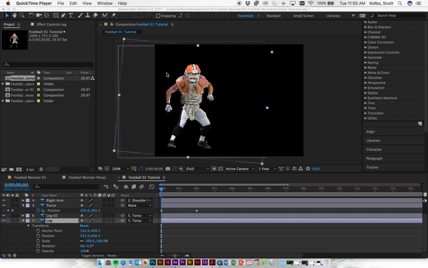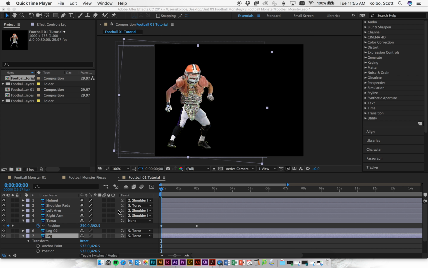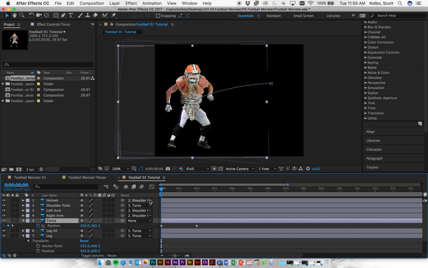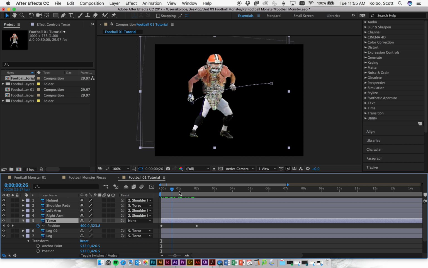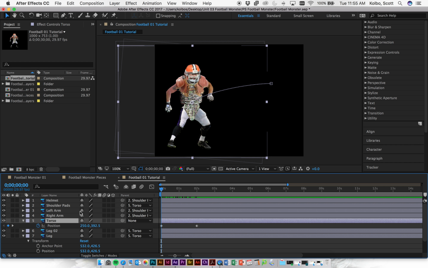Like I already showed you, we've parented together, so remember the parenting thing from previous tutorials, where we've parented together all of these components. Everything is built around the torso, right? So if the torso moves, everything follows with it. So I've gone ahead and kept that set up for this. But we're going to use a different